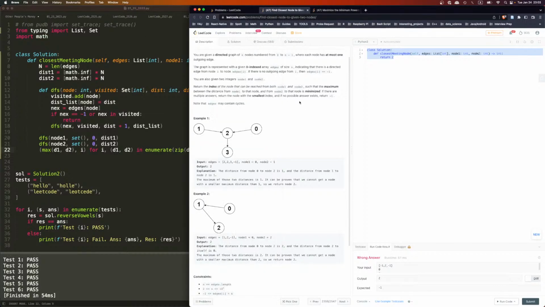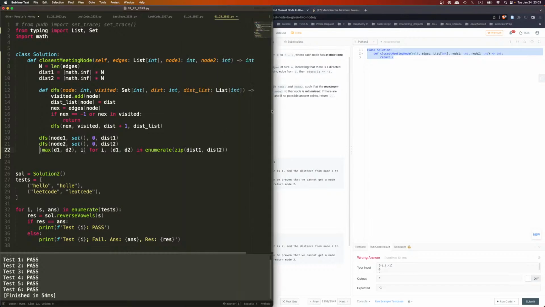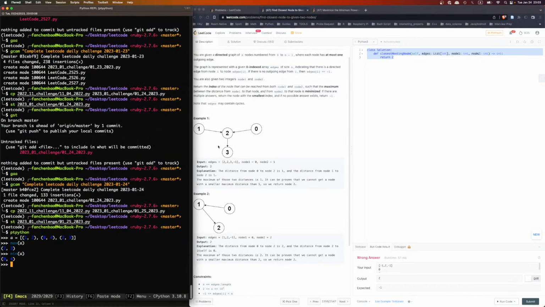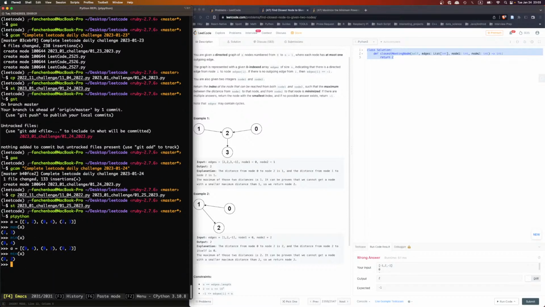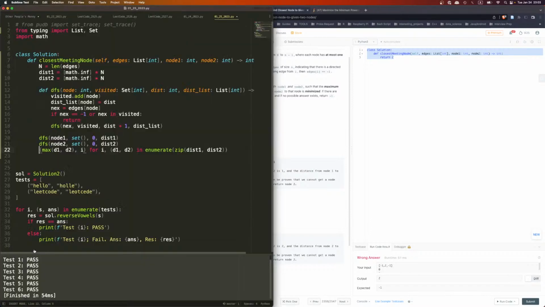Maybe the minimum, let's say if we have [0, 4], [0, 3] and [0, 2], how about that? Let's see what the minimum returns. Minimum a returns [0, 2], so it chooses the first one and then the second one, because we want the smallest